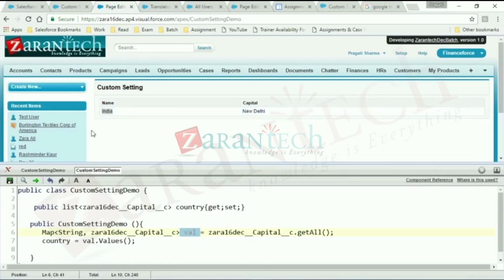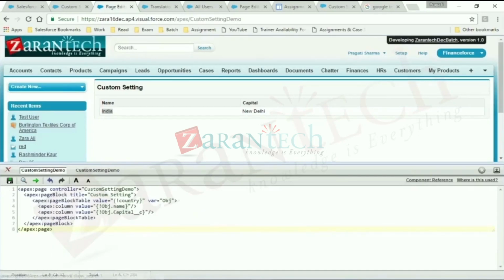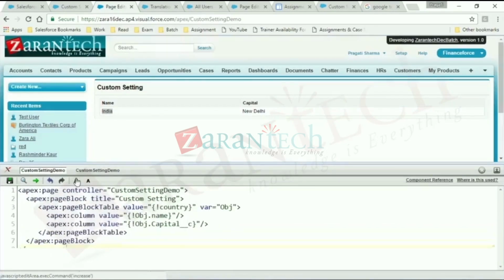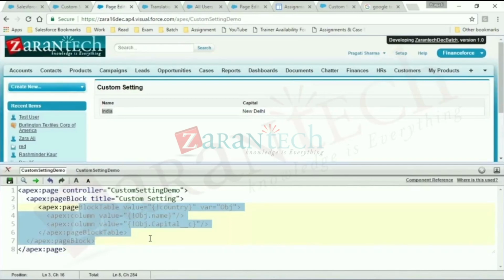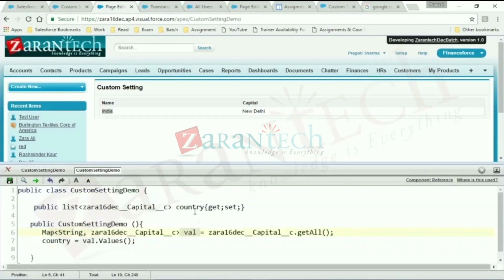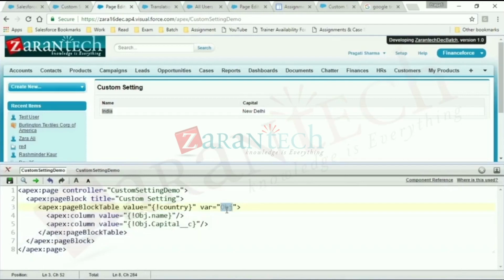Now when you want to make use of this in your VF page, all you need to do is to create the page block table and to refer to that list of values that are given here. That is added. You have added a variable that will help you to iterate over it. You have got the name, you have got the capital. Even if you want a third field that was here for is checked, even if you want to get that,